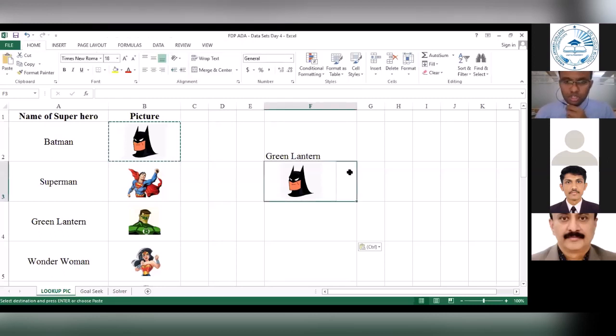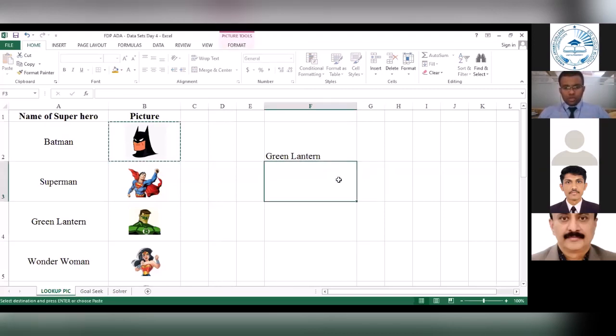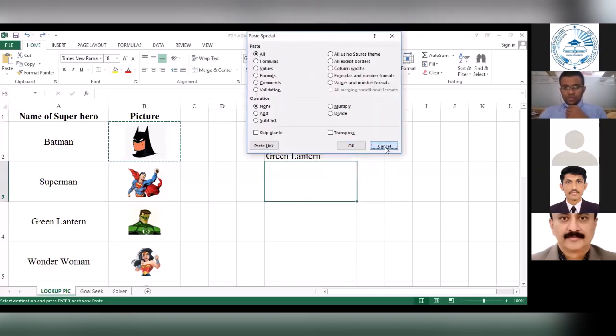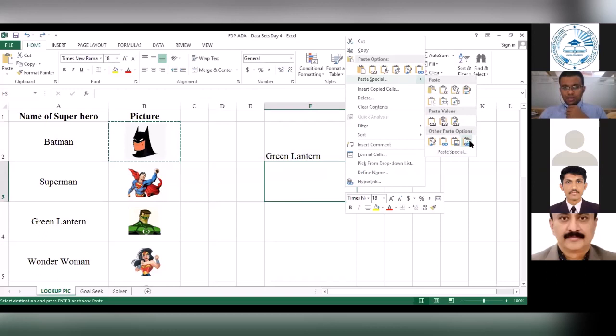Okay, so we will continue from there. I'll quickly repeat the steps once again. What you have to do is go to Paste Special, and then select the option that says Linked Picture.